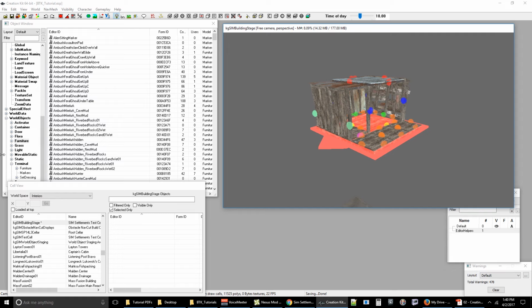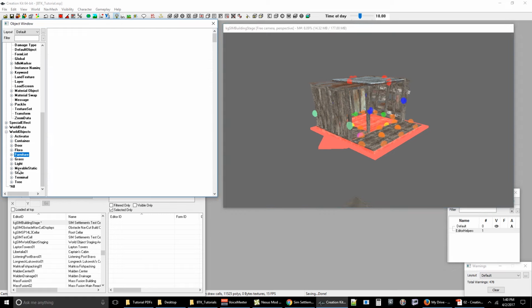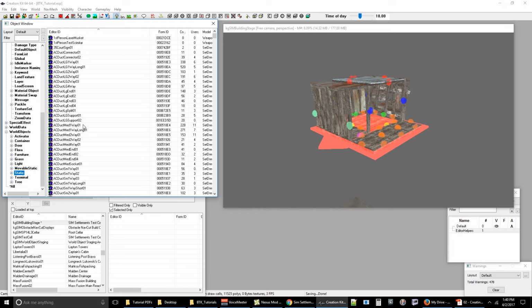What we want to do to use in the game is we're going to create a static object. So we come to static. And now a lot of people will tell you never, ever, ever click on anything in the creation kit without typing something in the filter. And that's pretty good advice because